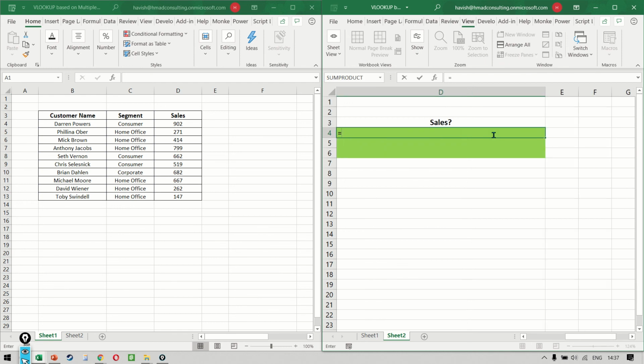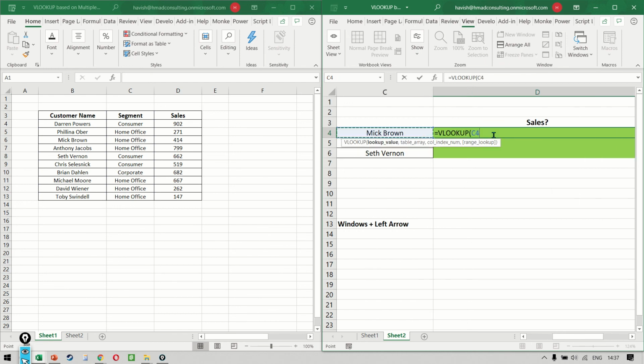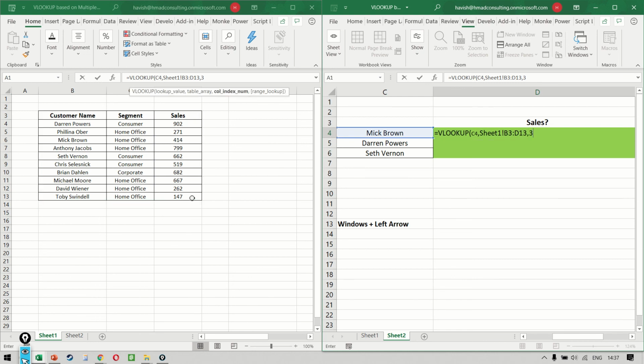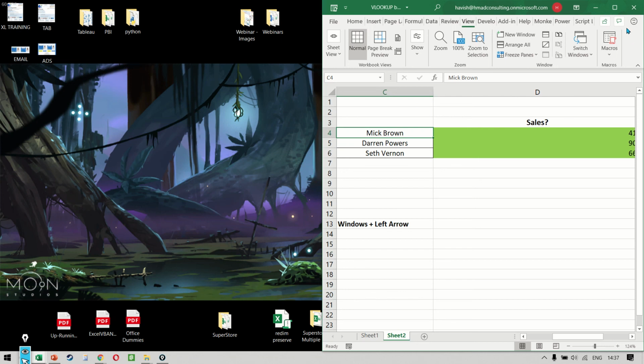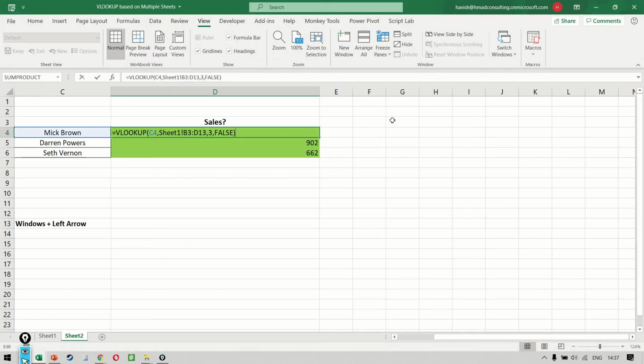If you notice, I can simply write VLOOKUP, the lookup value is C4, and without having to do anything, I can simply come back and select my table array. Excellent, right? Now this means that you're able to retain your formula. So the formula is always visible to you, but you're also able to see the other sheet and select the data from the other sheet. So I complete my formula. Once I'm happy with the result, you can simply close the first instance and then maximize this, and you get the final result.